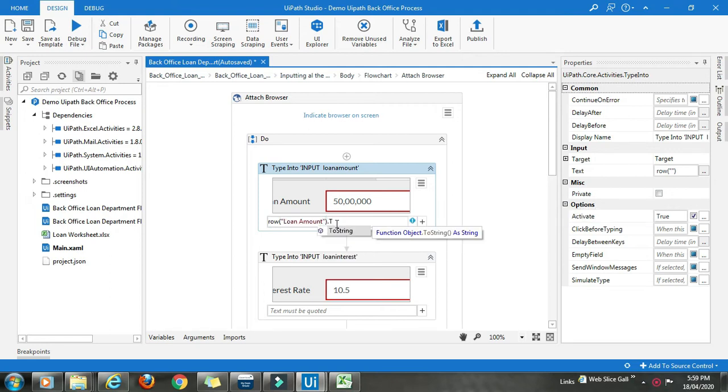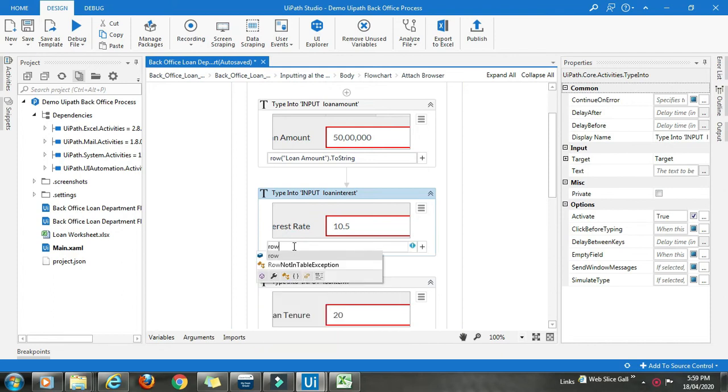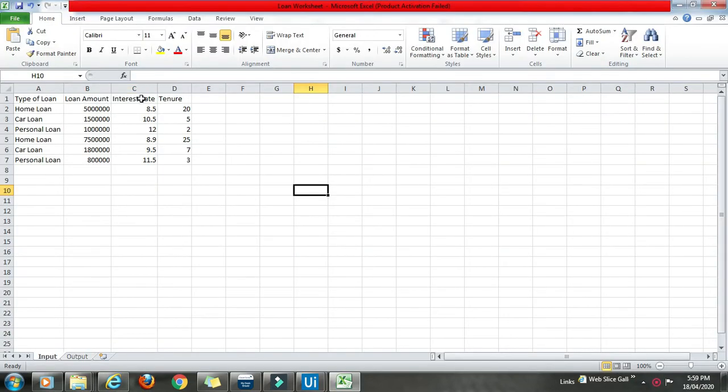Take it from the Excel, copy paste. Loan amount similarly. Interest rate.